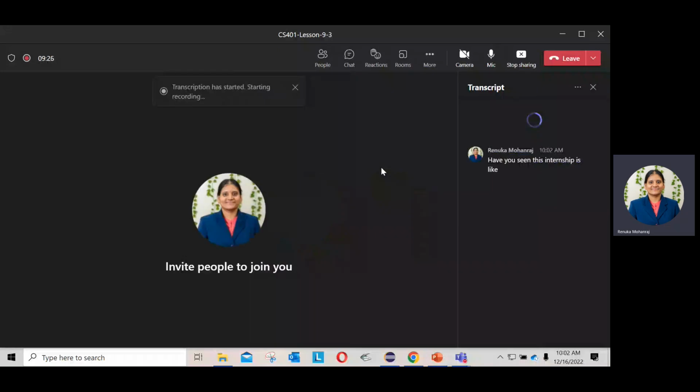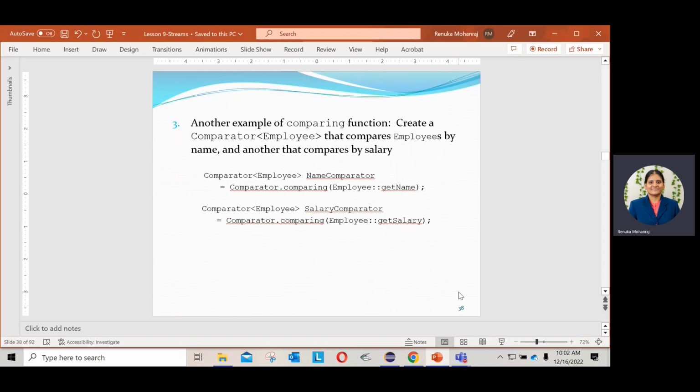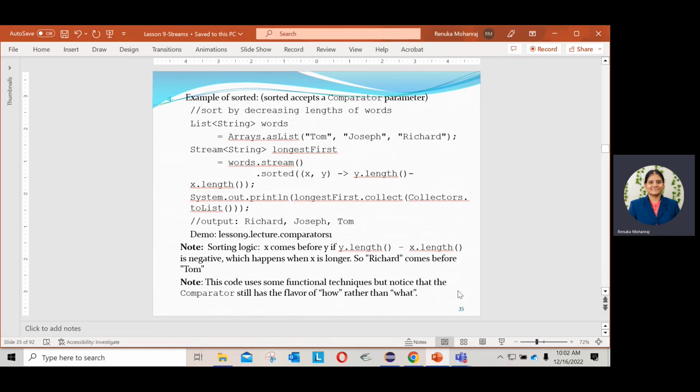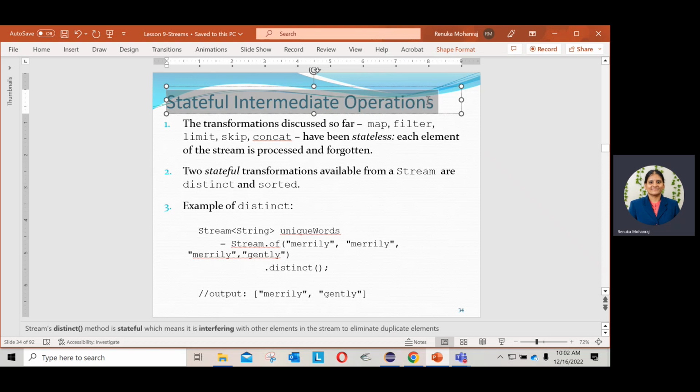This function is like an intermediate operation or terminal operation? Which one? This thing. Distinct. Yeah, that is an intermediate operation. Why is it like a better result? Because it's a stateful intermediate operation. When you look at the slide, we mentioned that distinct as well as sorted, both are intermediate operations, stateful intermediate